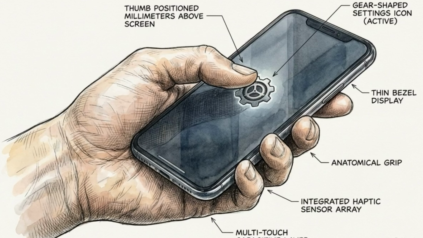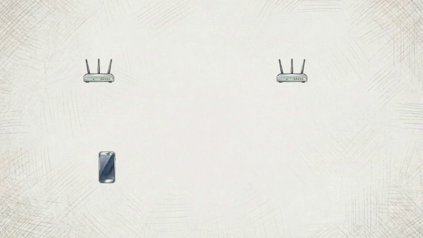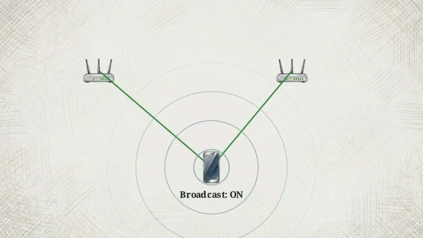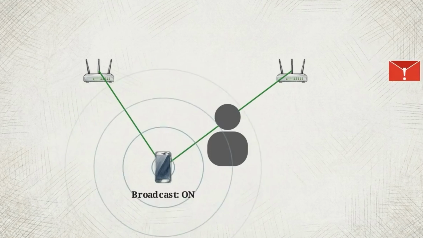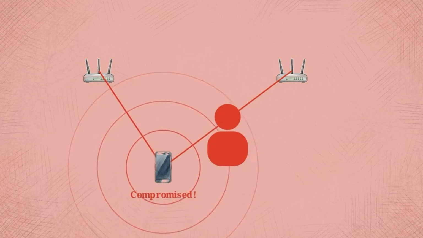Take a moment to pause this video and check your smartphone settings right now. Ensure that Auto Connect is completely disabled for both Wi-Fi and Bluetooth. These convenience features are designed to keep you seamlessly connected, but that lack of friction leaves your device constantly broadcasting its availability. Combined with a human tendency to trust urgent messages, these default settings make the user the weakest link